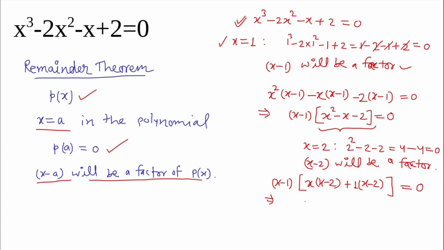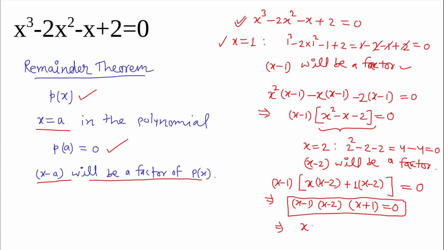So let's take x minus 2 common, then we have x minus 1, and we took x minus 2 also common. Then in the bracket, what we will have? We'll have x plus 1 is equal to 0. So this way we found all the three factors of this cubic equation. So this is equal to 0. So from here, either of these three factors must be 0 to get the whole product of 0.